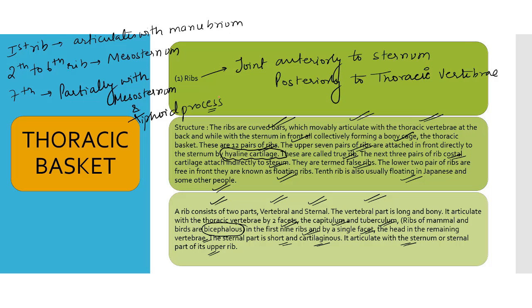of sternum. Okay, the eighth, ninth, and tenth, they are vertebrochondral ribs. Okay, these first to seventh, they are vertebrosternal ribs. 8, 9, 10 are vertebrochondral ribs,